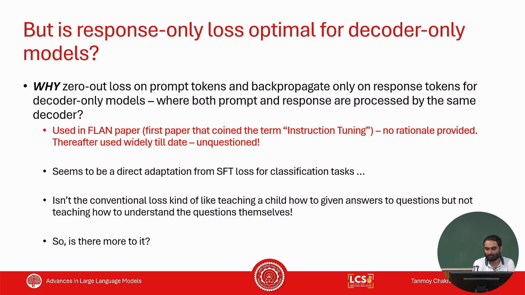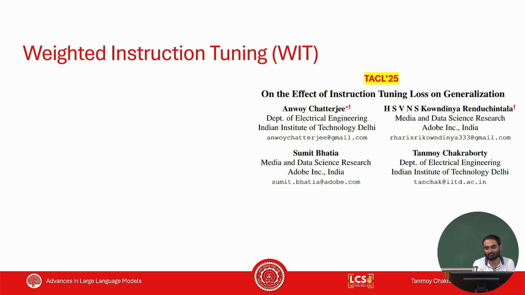If you do not calculate loss on top of the instruction, it is the same as teaching a child how to answer without understanding the question, isn't it? So in one of our very recent papers,